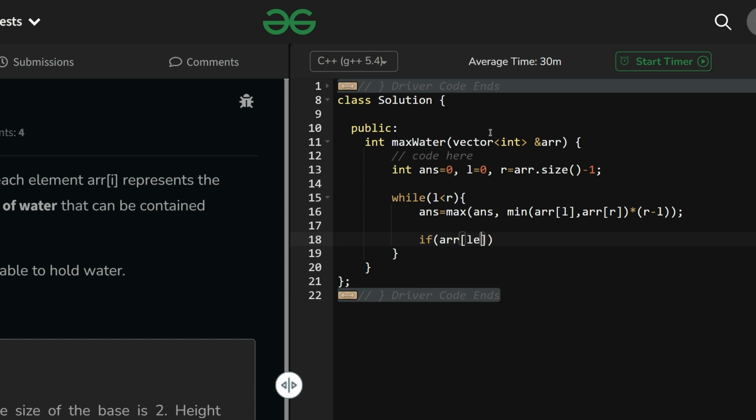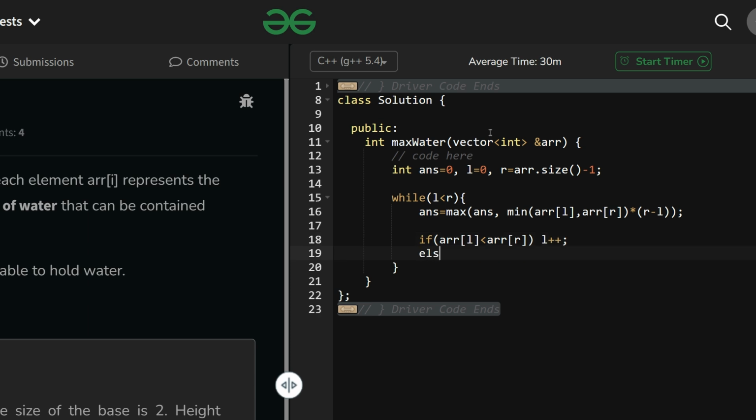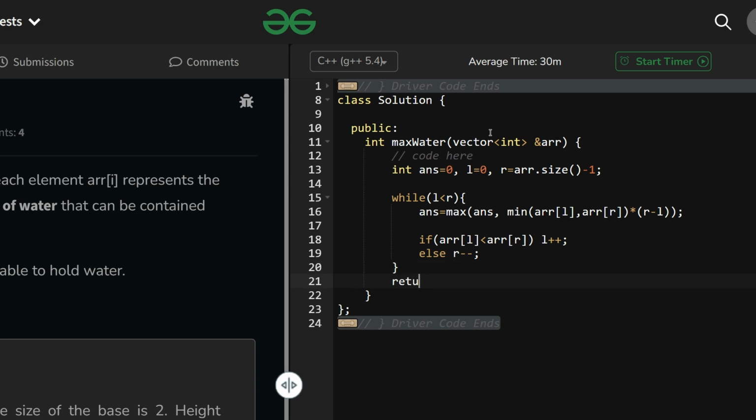If your length is shorter, that is arr[l] less than arr[r], l plus plus, else r minus minus. In the equal case, you can do either one. Whenever their lengths are equal, you can do either one. I am choosing r minus minus in that case and return answer.